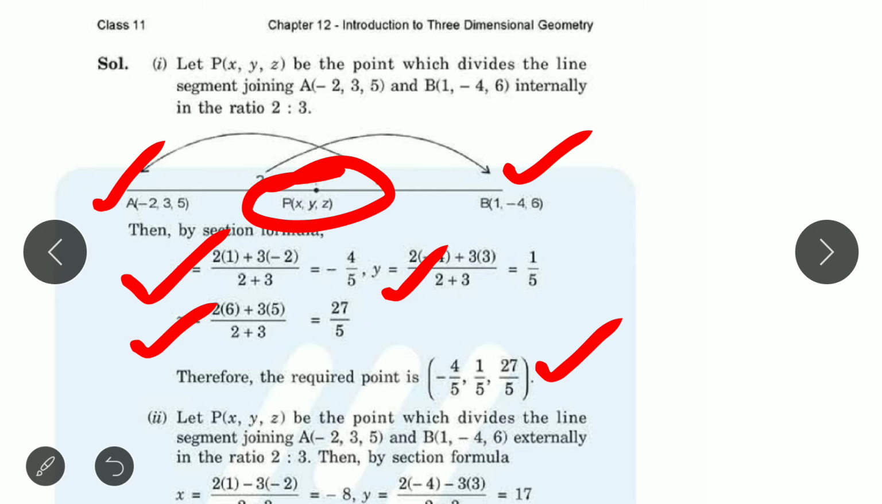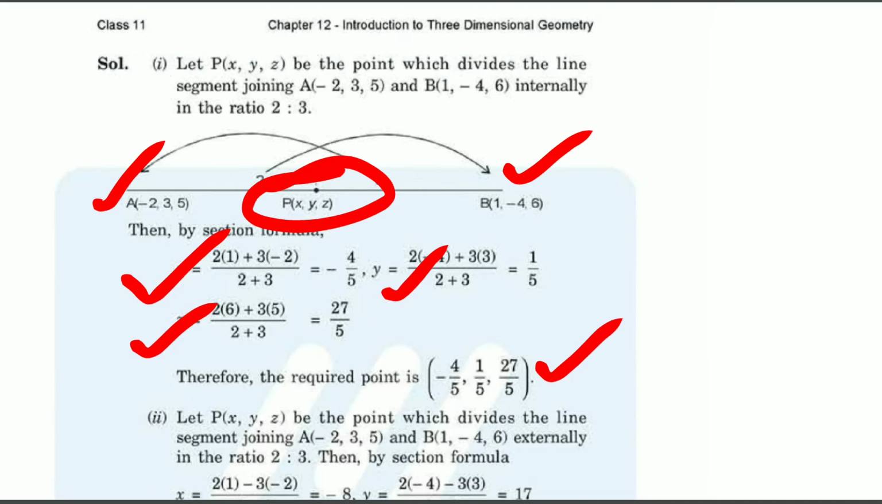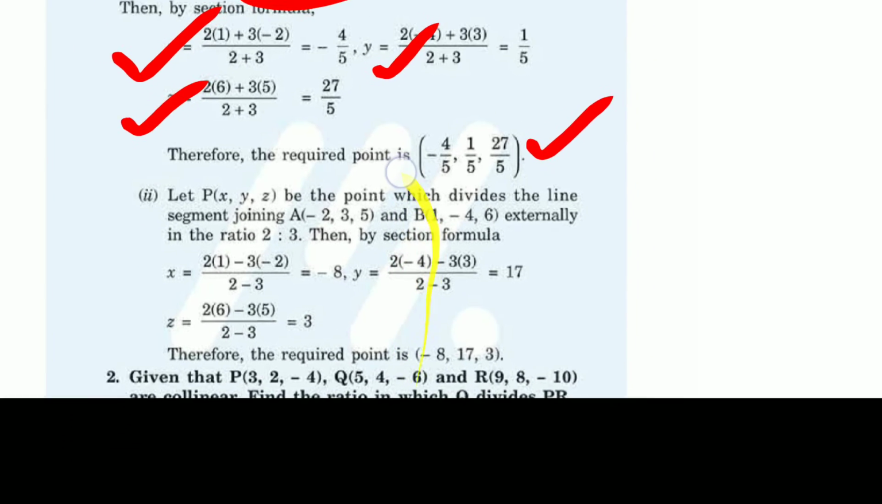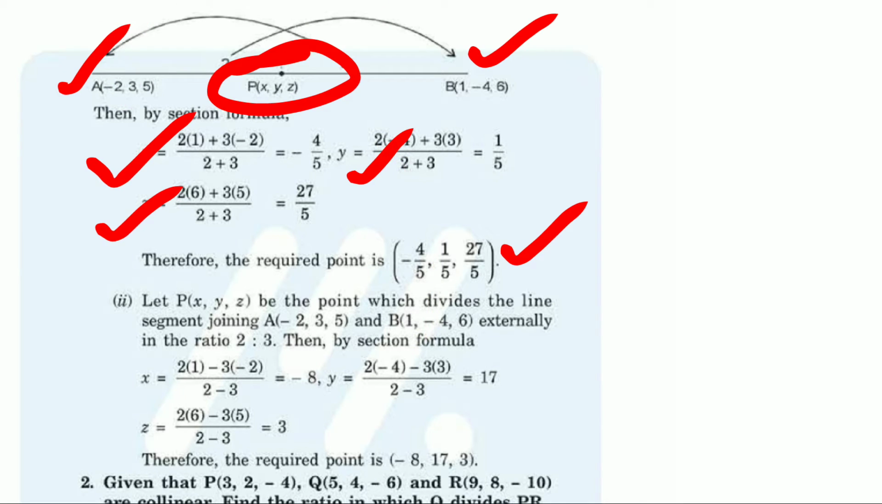Next, number 2. Number 2 is the application of the external division formula. Here also the same question has been given to you, but this time it has been mentioned in the question that you have to use the external division formula, the ratio being the same 2:3. So in number 2, we are going to use the external division formula, same as the internal division formula, but if you observe,